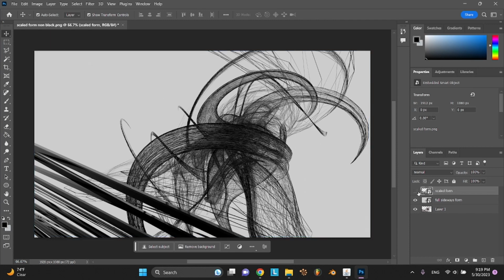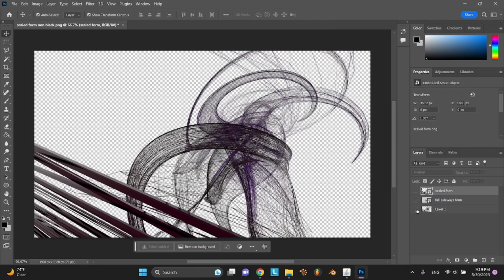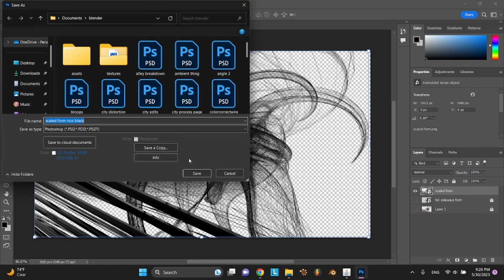Probably won't use all of them. Definitely won't use all of them. Mostly just going for these two. These are completely the same anyway. I think I'm going to stay with the black. I think I like how that looks. So from here,